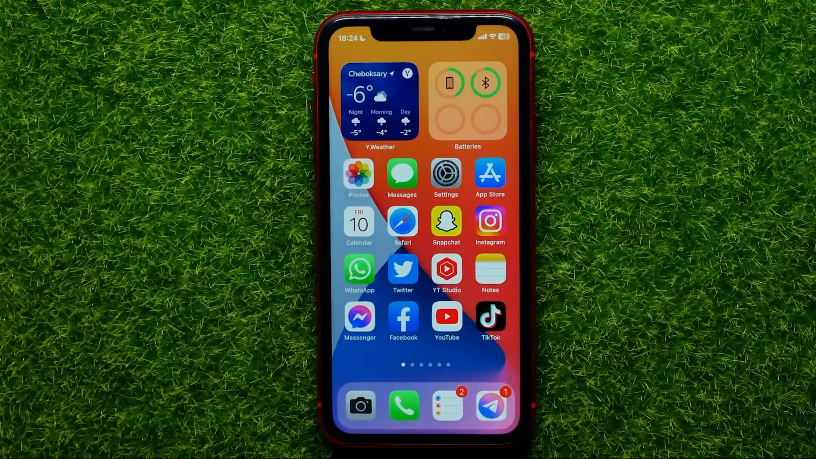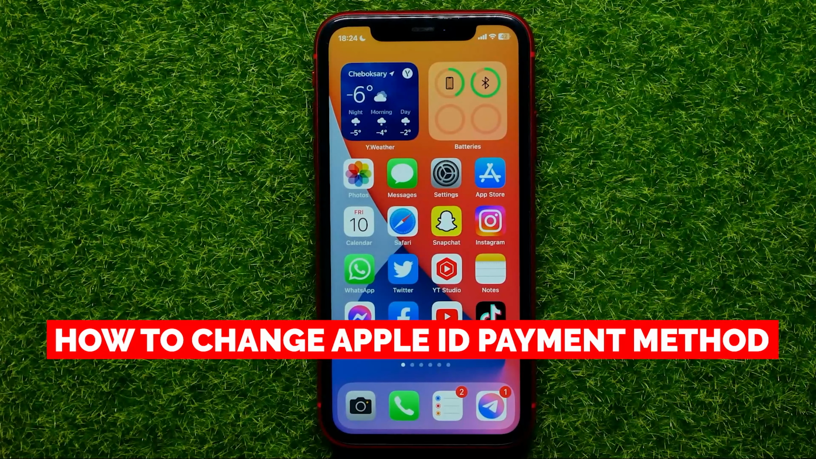Hello guys, welcome back. In this video I'm going to show you how you can easily change Apple ID payment